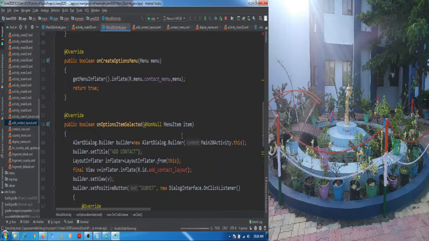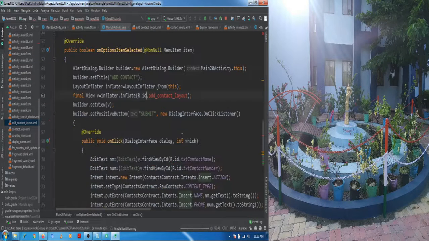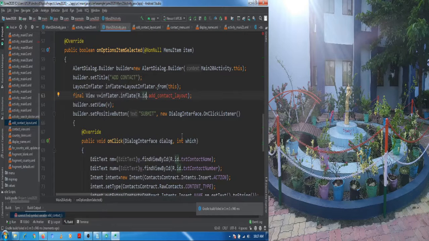So let's see what happens. One more thing, I told you earlier that as we are using the native application approach, when we use intent to add a contact, we are not directly inserting the contact into the content provider. What happens is that the native application of the device, the contacts application, would be opened.